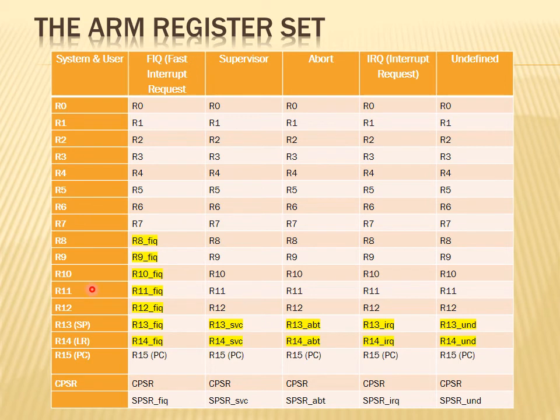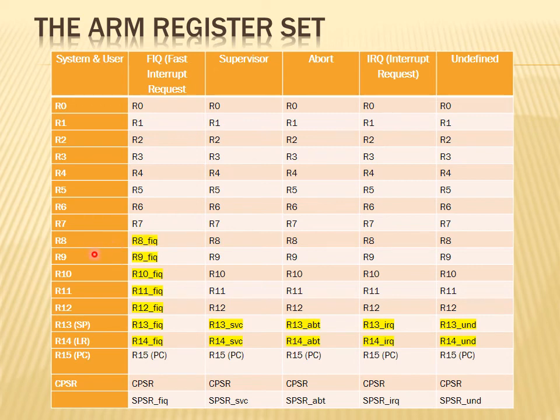Now I told you that whenever any interrupt occurs, the processor will change its mode from user to that particular mode. For example, suppose a fast interrupt request has been activated. The processor will change its mode from user to FIQ mode. Whenever it changes, it will copy the contents of registers R8 to R12 as they are into the R8 to R12 of the FIQ mode.